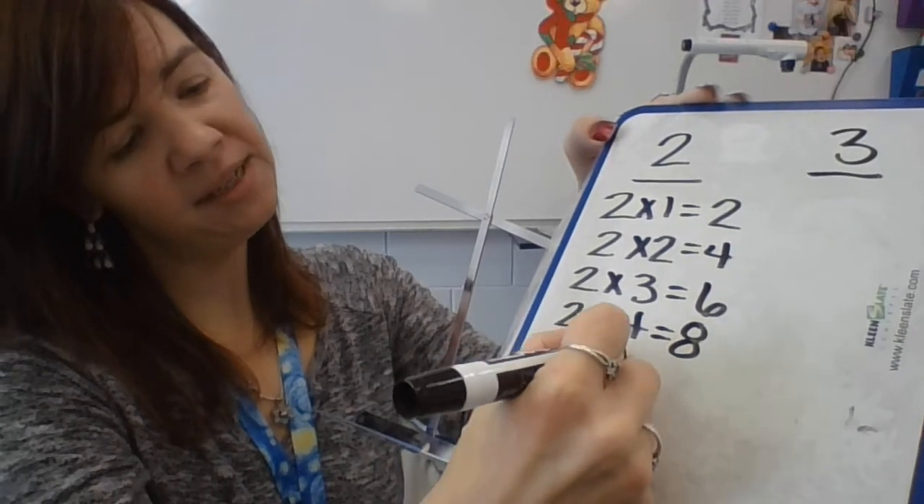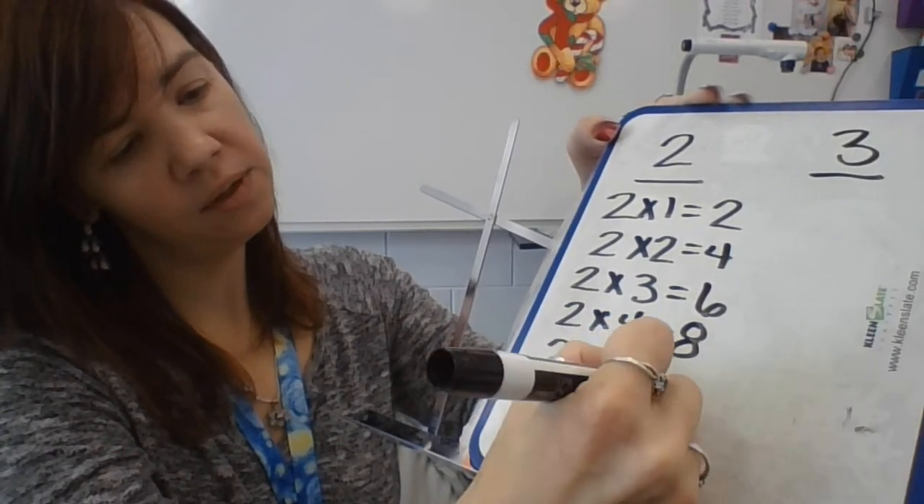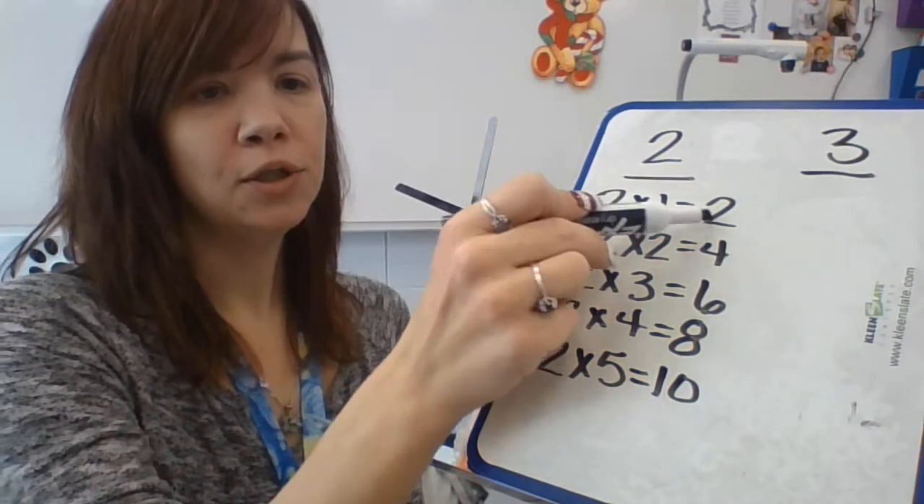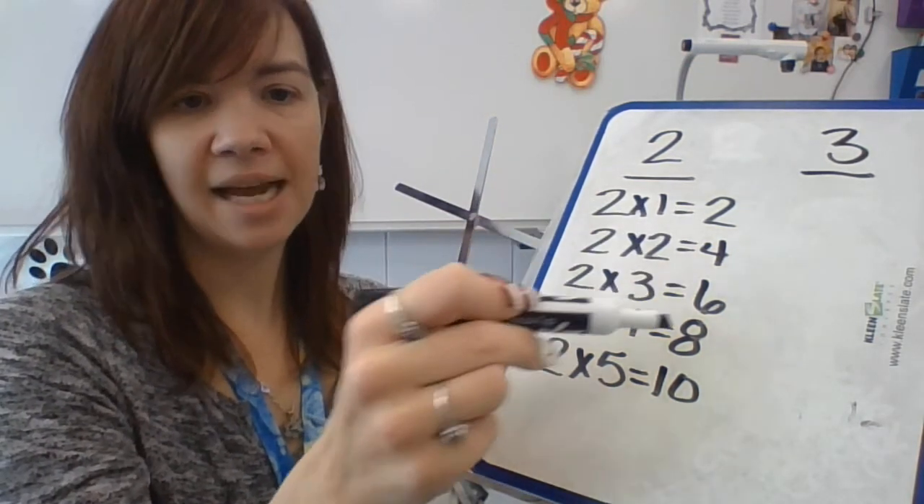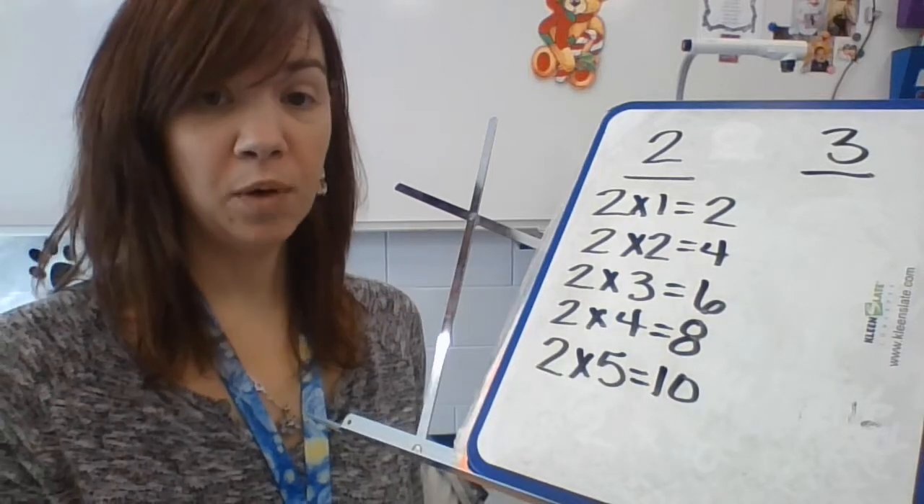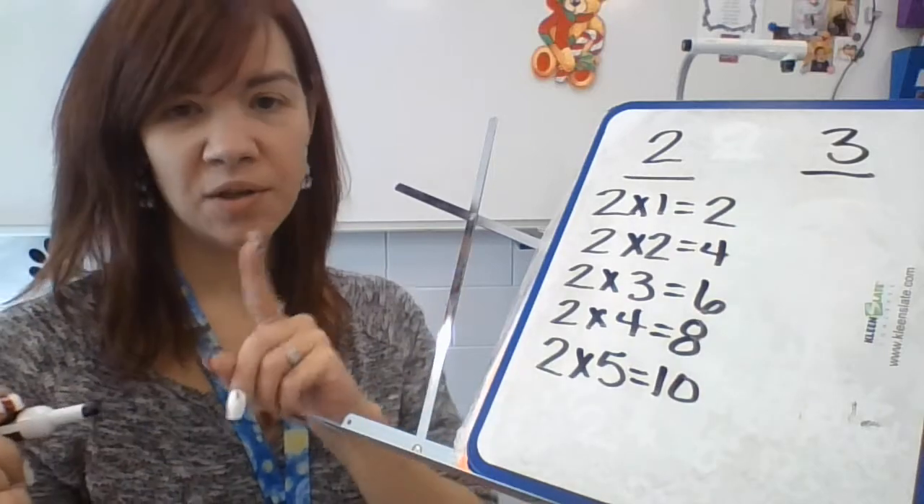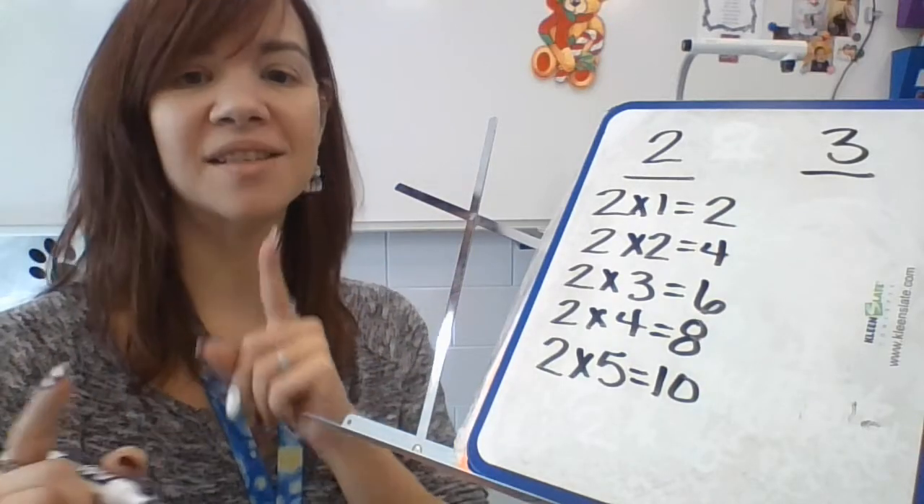And again, all that means is I'm going to skip count by 2 five times. 2, 4, 6, 8, 10. It's really easy. I'm just adding 2. Let's do 3, so I can show you why it's a multiple of both, because it's going to show up